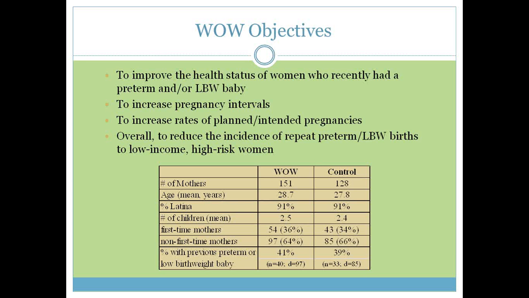In the WOW program, we had 151 moms participating and enrolled with an average age of about 28 to 29, mostly Hispanic. And as you can see here, down at the bottom, sadly and interestingly, 41% of these moms had already had a previous preemie, so they were having repeat poor birth outcomes, so definitely a very high-risk group that we were working with. For comparison's sake, we found a closely matched WIC site to act as our control. So as you can see, it was nicely matched.